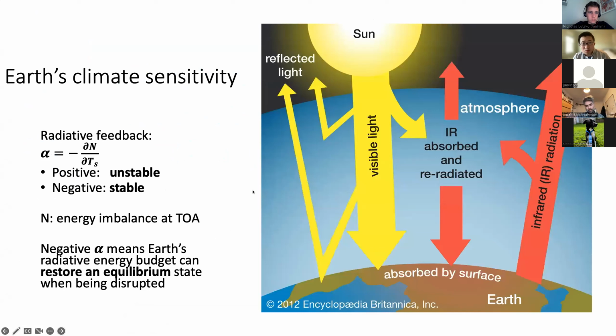Our climate system is maintained by a delicate balance between the net incoming solar radiation and outgoing longwave radiation at the top of the atmosphere. External forcing from the sun or from gas emissions can lead to extra energy in the system, which heats up the climate. In this global warming process, the radiative feedback parameter alpha is used to quantify the rate at which extra energy can be removed per degree of surface warming. A negative alpha means that the climate system is stable because it can restore a new equilibrium climate state known as the ECS.